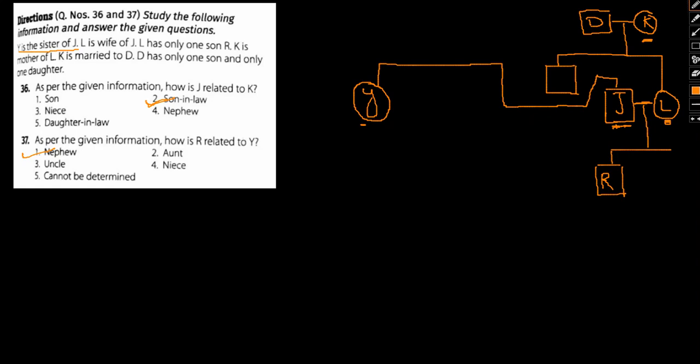I hope it is clear how we went about the approach. All that was needed was simply making the family tree. Let me highlight one thing: here squares represent males and circles represent females. I hope this is clear. In case you're having any difficulty understanding, I suggest you go through the entire video multiple times and then try to solve this question on your own, so that you can get a general idea of the approach we have used.